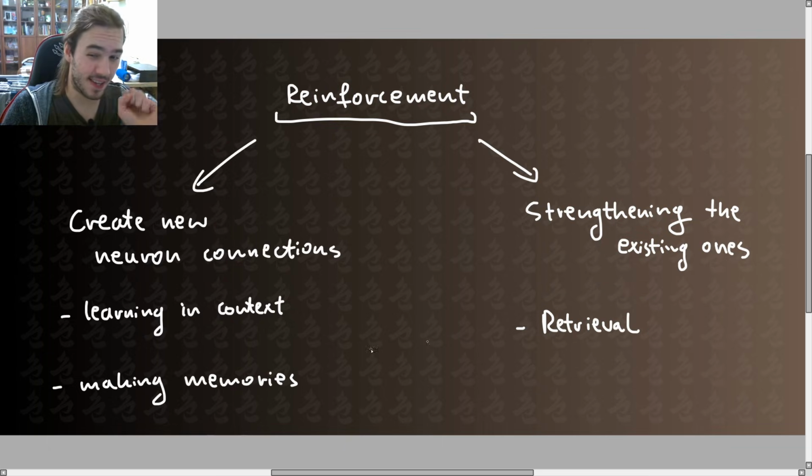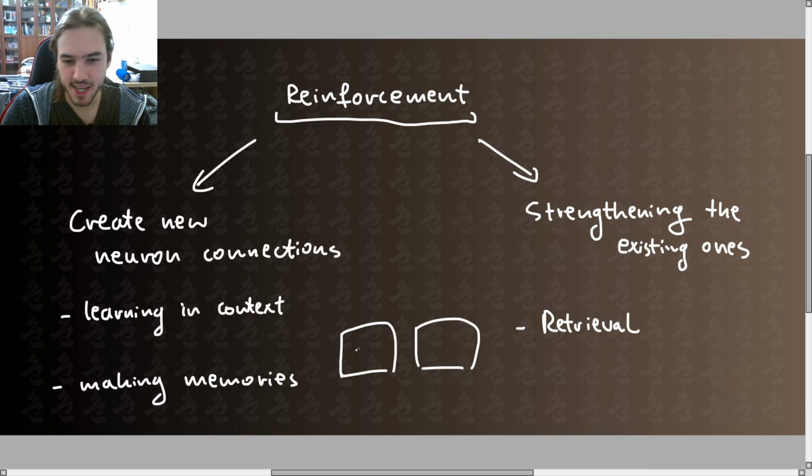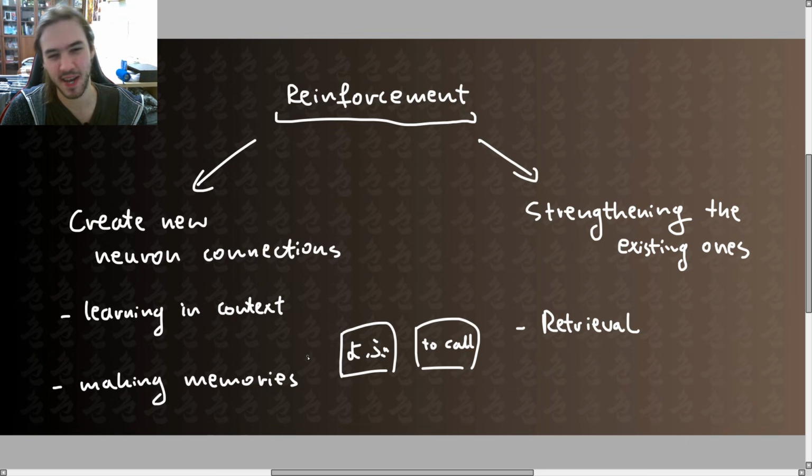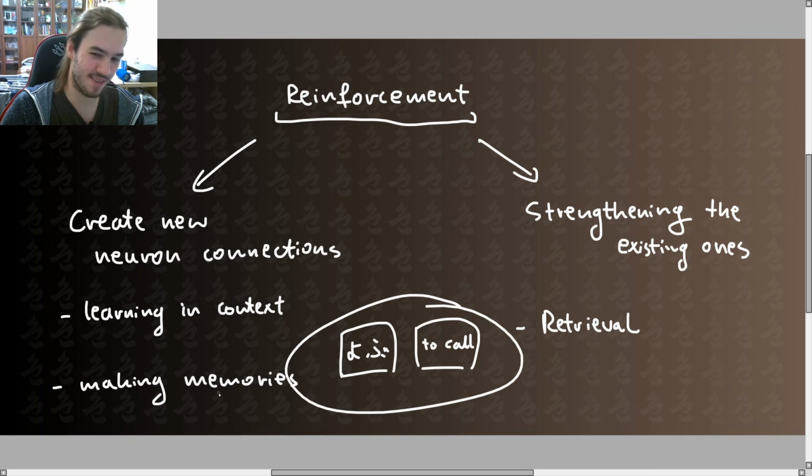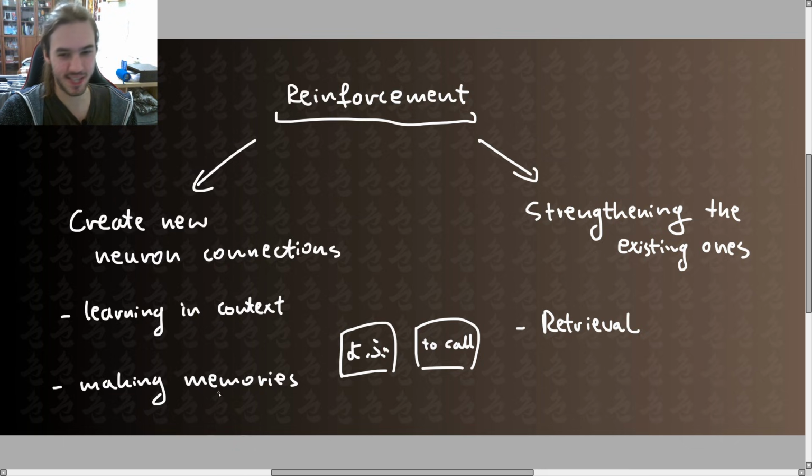And learning using flashcards, the same kind as I've shown at the beginning, right? You have your Japanese and your English here. Using flashcards like this, it's not reinforcement. It's an illusion of learning. It's a lie. Yeah, I know, it sounds dramatic, but you're lying to yourself if you use those flashcards. You're not actually learning anything. It's just an excuse. It's procrastination. Because, again, no context, no memories, no retrieval. Unless you do it the other way around, but then again, it's not the best retrieval in the world. Okay,